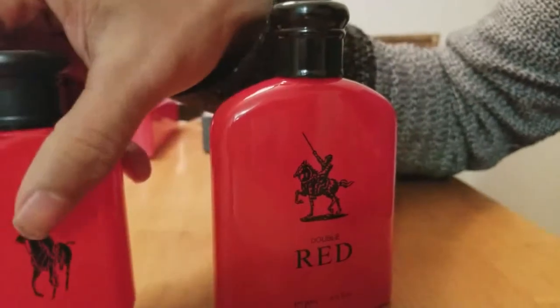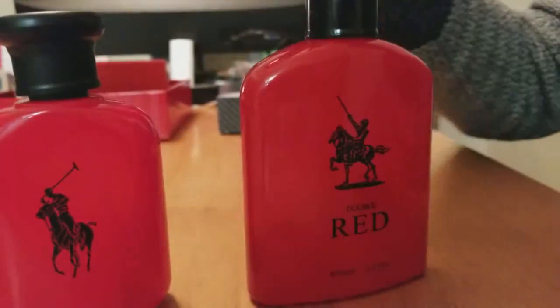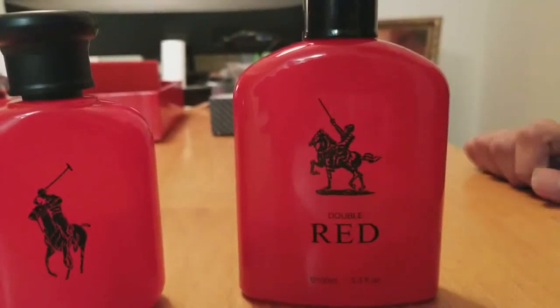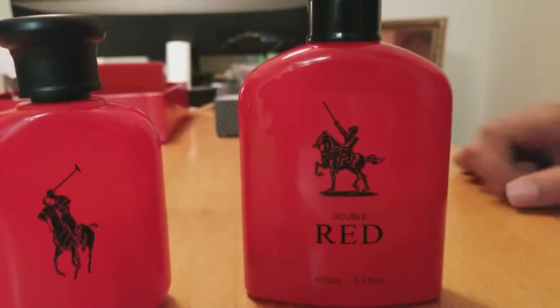And those are some big differences between them. And of course, will they smell the same? Obviously not. But to what extent? Well, we'll find that